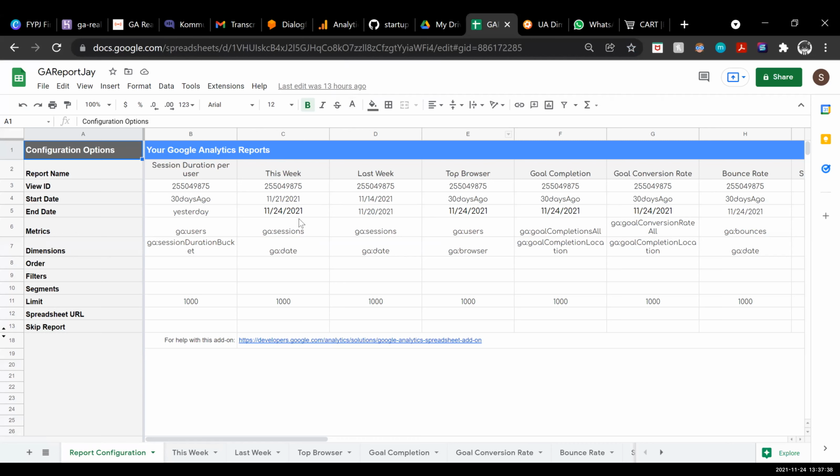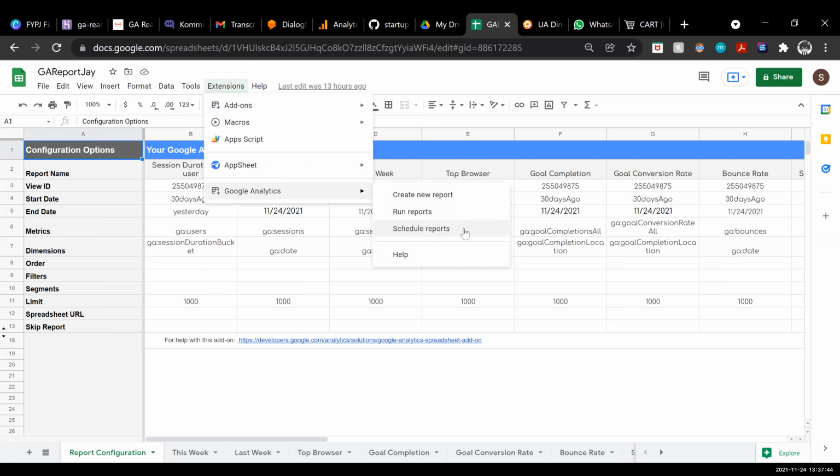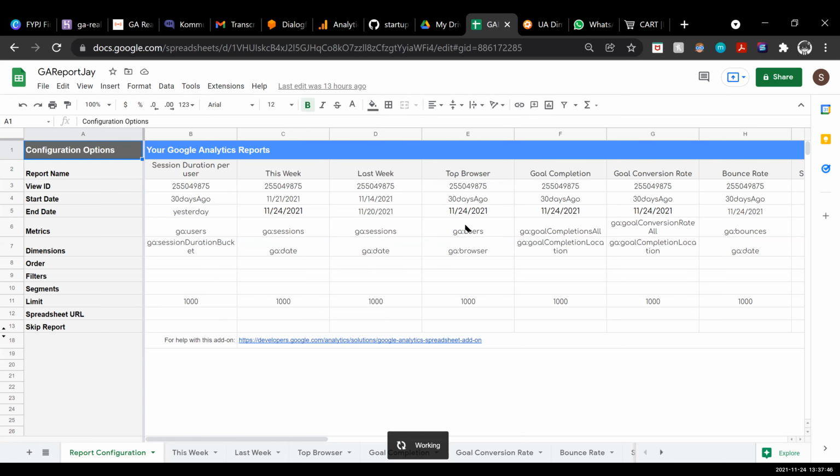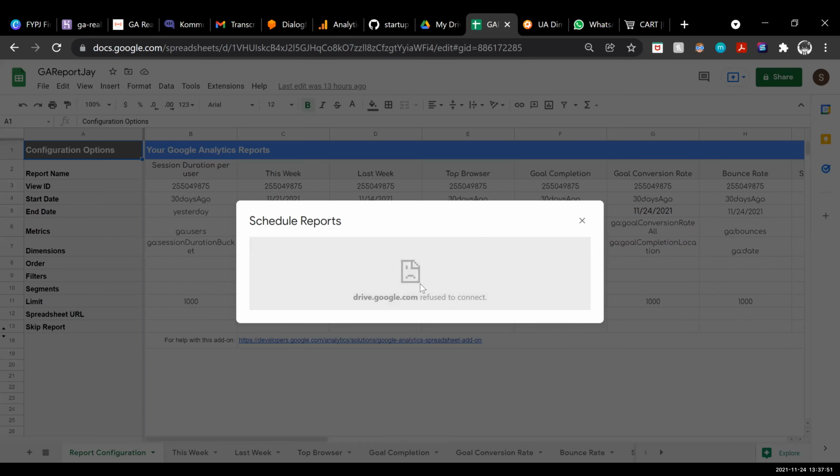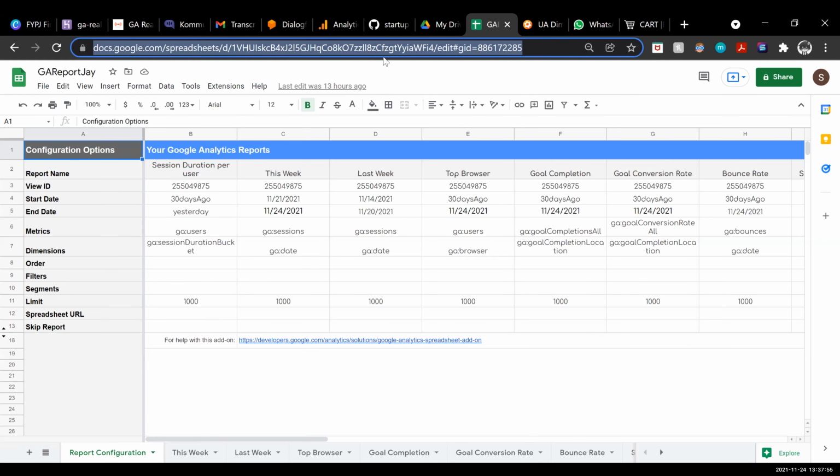So the Google Analytics report, this one is also connected to the Google Analytics one. Mm-hmm. And then you can schedule the reports, like when you want to run it. Like for mine, I schedule for every